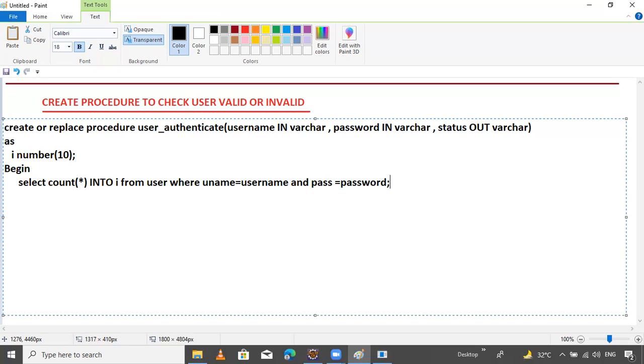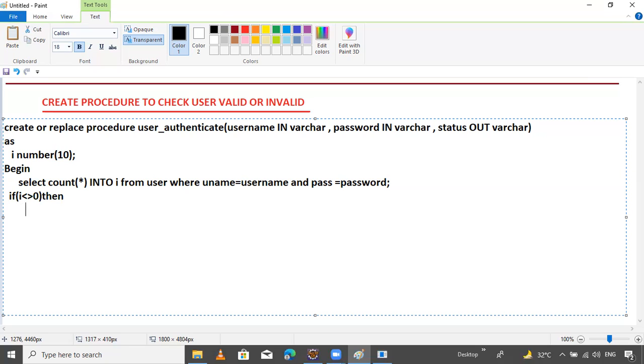ORD password. That's it. Now your query is perfectly good. Now check the condition inside the database; an if-else condition is not required. Pass if I not equals to 0. The not equals to sign is this one, not equals to 0.